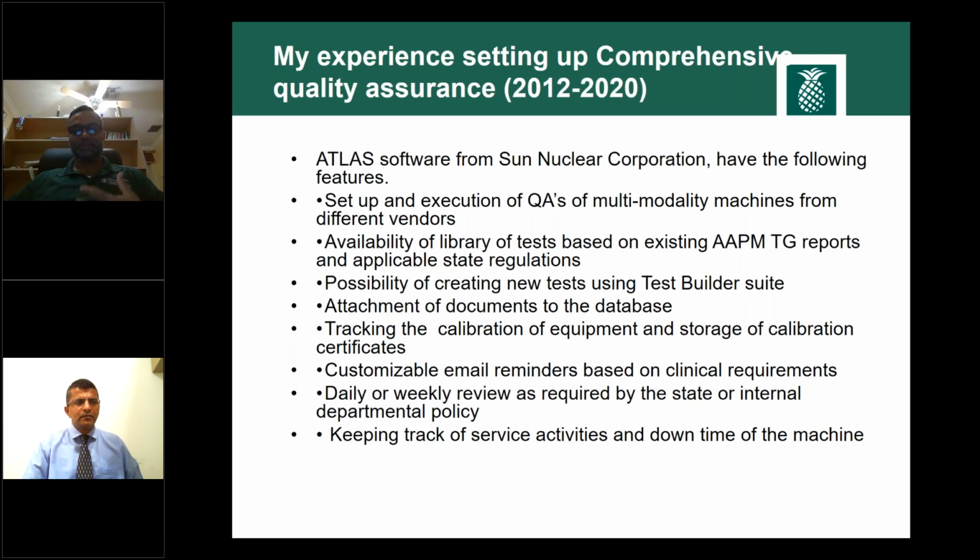And likewise, this is such a great tool at my fingertips, and the QA program is under surveillance always, rather than saying, oh, let me wait, I'm coming there next week, I'm on vacation now. No, you have responsibility for your machine. You can take control of that anytime you want, and you can attach the